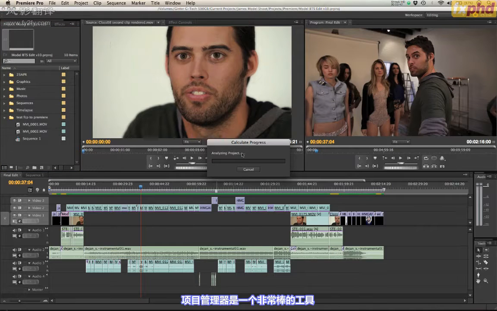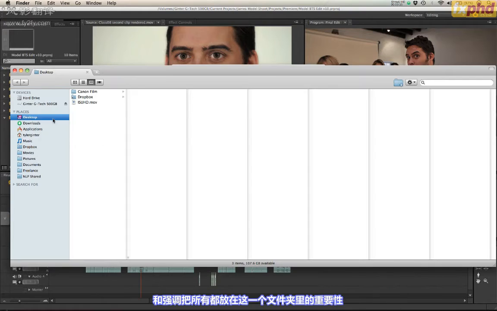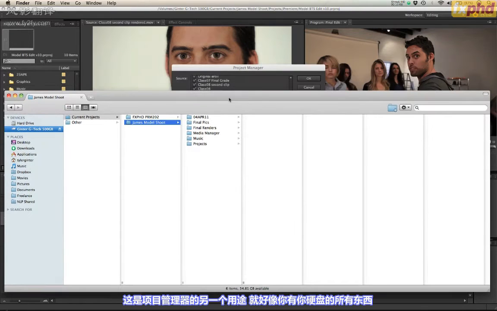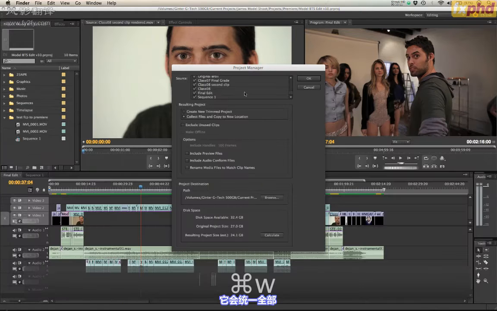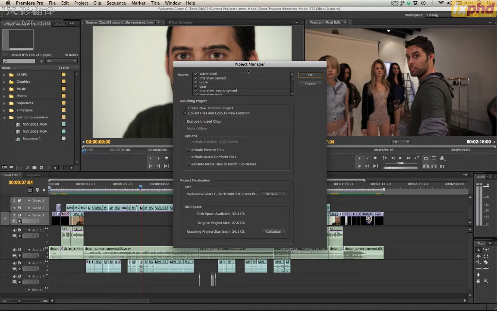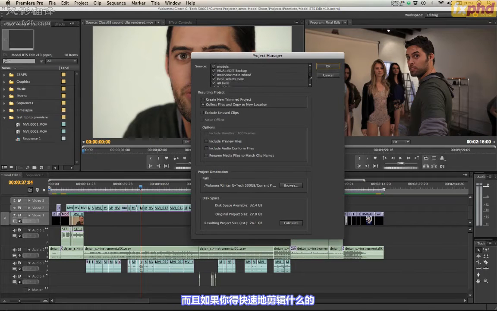And so the project manager is a really great tool, and we worked really hard during this project, and I went over and over again and stressed the very importance of getting everything under this one folder. But a lot of people are not that organized, or you might not have gotten everything centralized, and that's another great use for the project manager, is if you have stuff all over your hard drive, it'll consolidate it all. I highly recommend, once again, keeping things organized from the start. It just makes it easier, but this is always a safe way to make sure everything gets where it needs to in the end